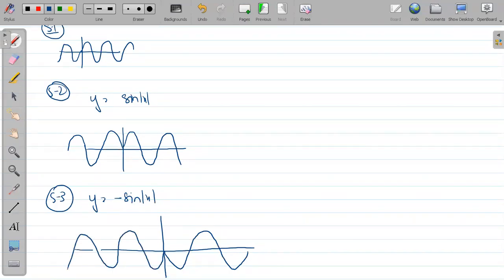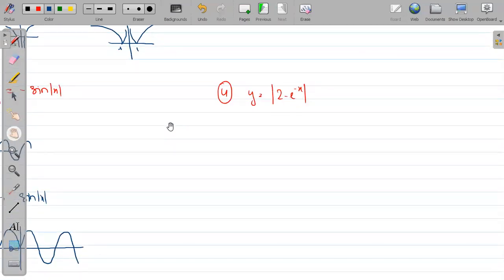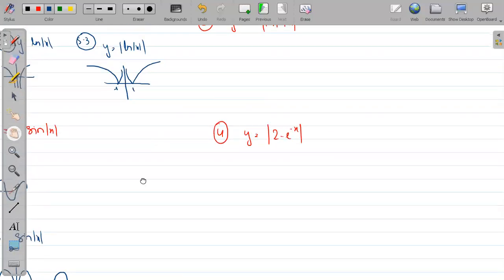Like this, right? This is the graph of the sine function. This is the graph of the complete resultant function. I hope you are getting my points. Is it clear to you?